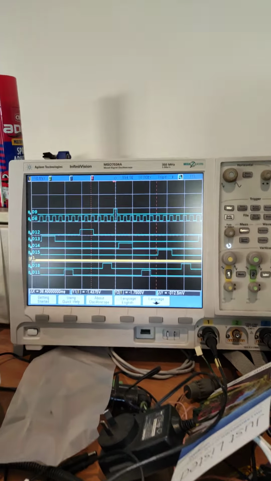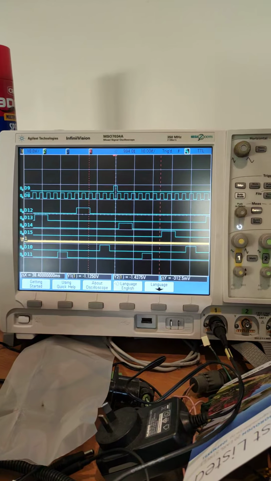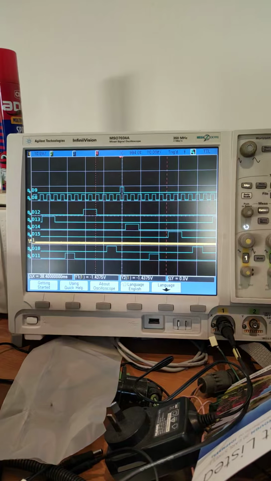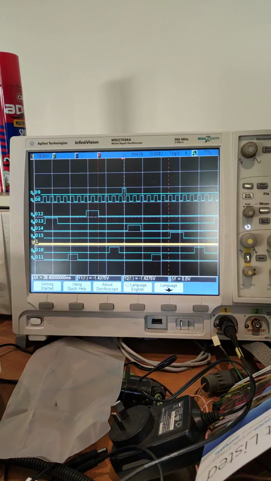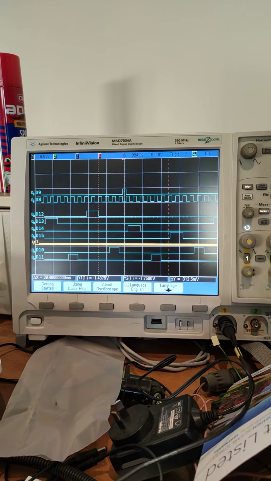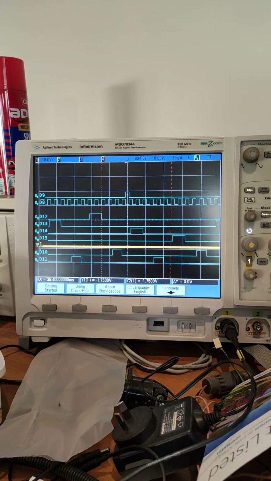And then over here you can see this is the pulse generation output. So we've got the encoder at the top, the 1 in 720 sync, and the 24 pulses per revolution below that. Then we've got 4 channels of sequential fueling, and then 2 channels of wasted spark. So I'm just going to